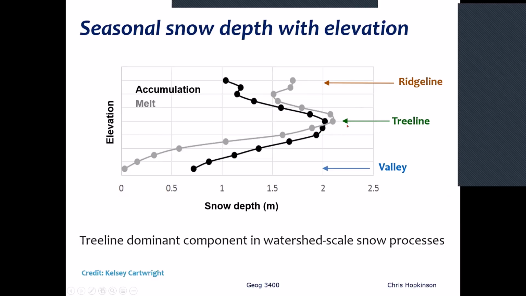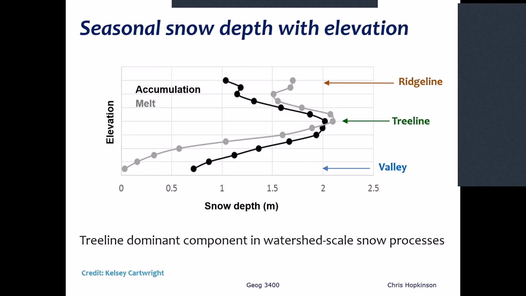But the interesting thing is not a lot has changed here. And this corresponds to tree line. Now, it's variable everywhere, but in the Castle, that tends to be about 1,800 to 2,100 meters above sea level. It's that 200 to 300 meter elevation range where you get tree line. And what we're seeing is 2 important things. The first is, in both cases, this is where we get the greatest snow depths on average. The other thing that's interesting is, as we go from early season to late season, it hasn't changed a whole heck of a lot. So what that tells us is that tree line in the montane to alpine zone accumulates